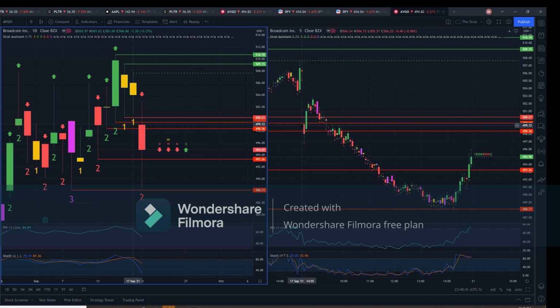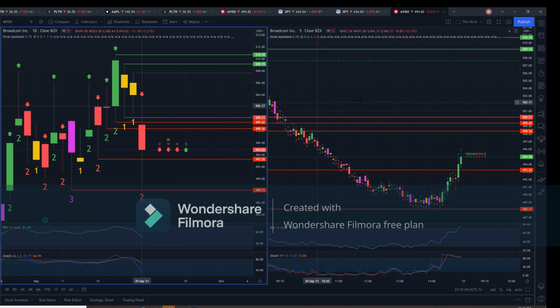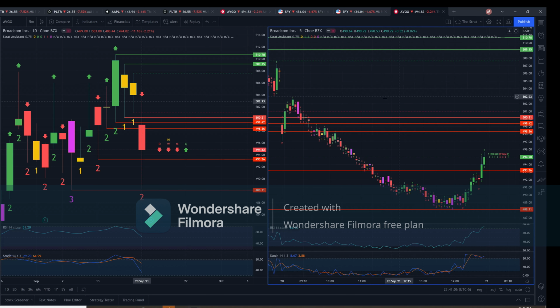You can see we gapped down. This right here, this red dotted line, is the entry for puts. We opened up underneath that line. You don't ever want to chase. You could have waited for this to come back up. You see we had a big green candle right here, and then a little bit of consolidation. Then we had a 3 candle outside candle right there to break back down from the puts trigger,